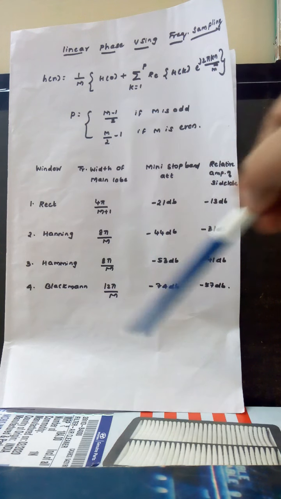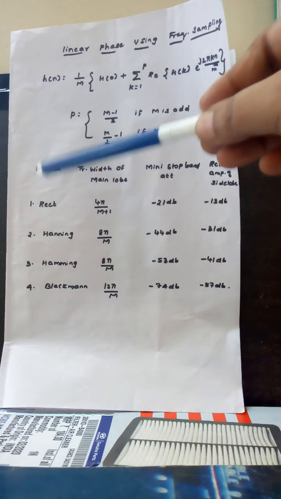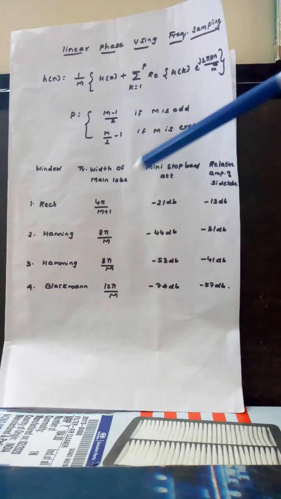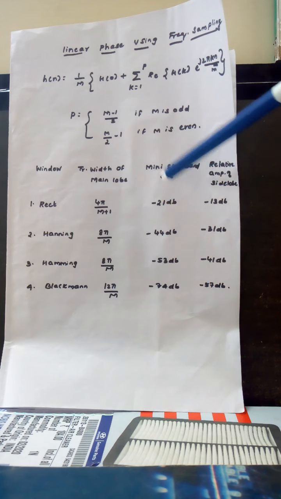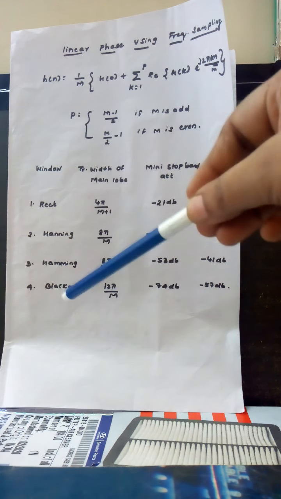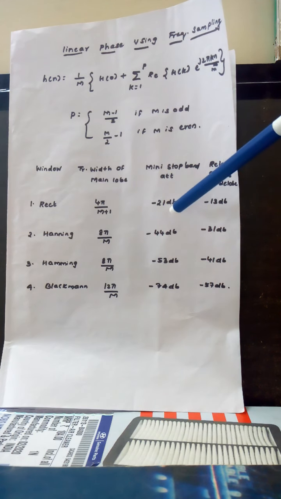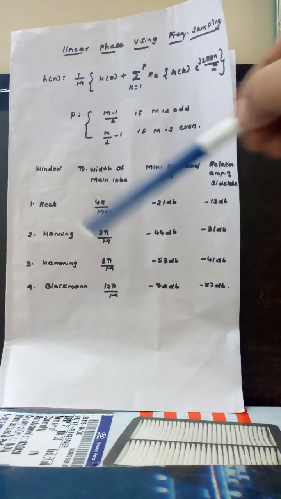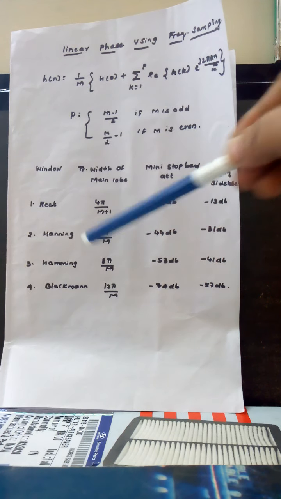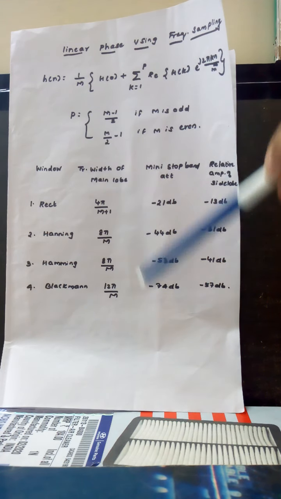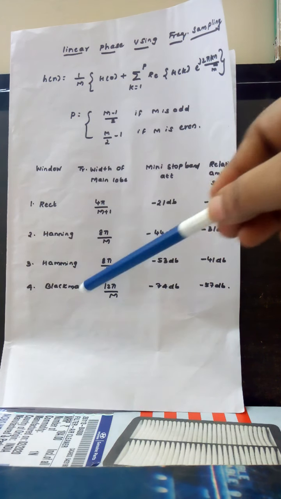And here the tabular column also we have to remember. Sometimes in the question they will mention to use the rectangular window or use the Hanning window. If not mentioned, they will give the stop band attenuation in decibels. If it is given in decibels, according to that you have to select the window. For example, if they give 18 decibels, it is nearer to 21, correct? So we have to select the rectangular window. If it is 30 to 40 decibels, it is nearer to the Hanning window, so we select the Hanning window. Like that, they will not give the exact same value, they will give a nearer value. According to that we have to choose a window here.